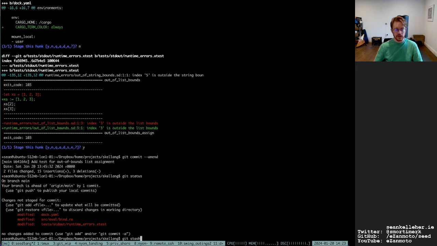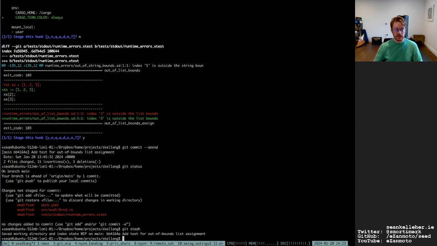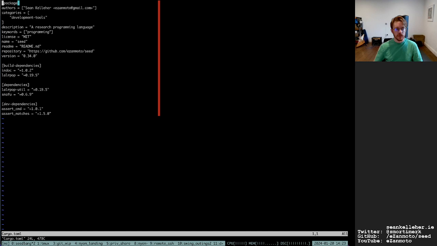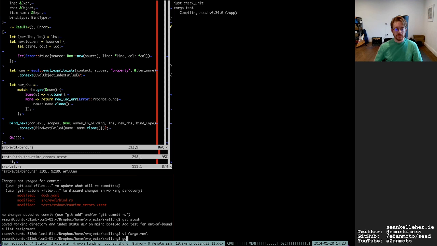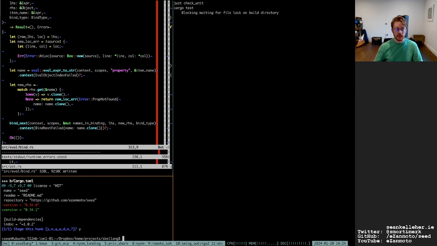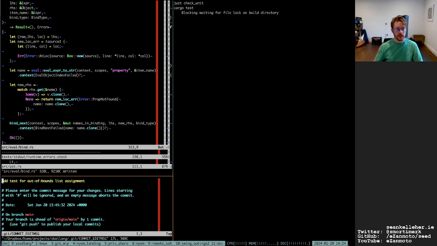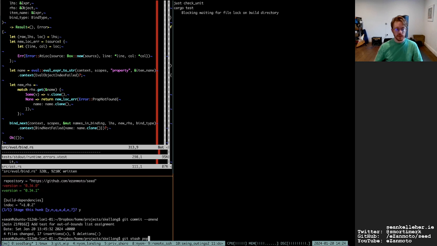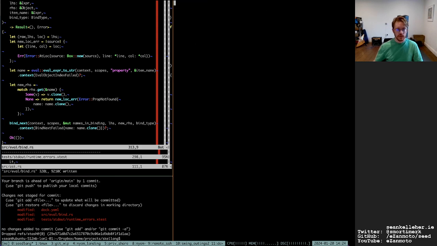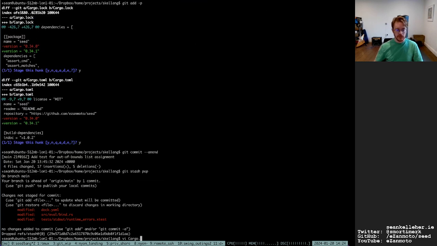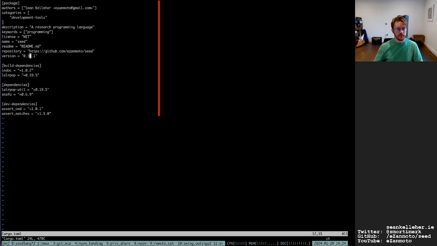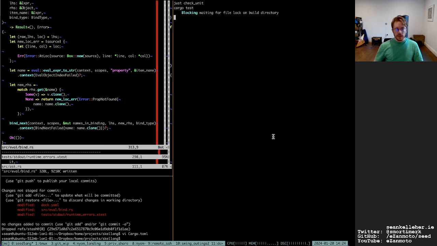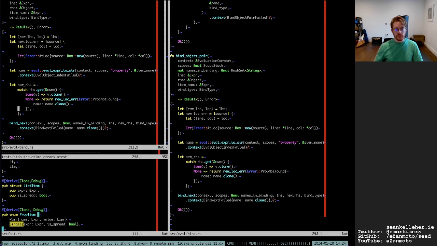So I'll actually stash that, go cargo TOML, oops, bump that, recompile, amend that, stash pop, restart again, and I'll bump my TOML again and actually start that too.